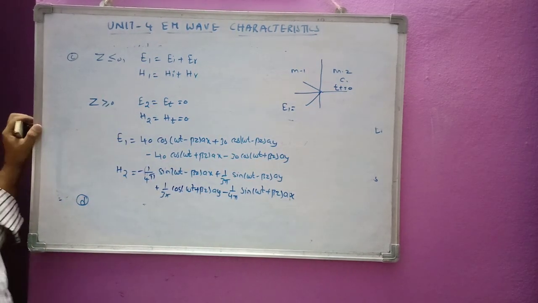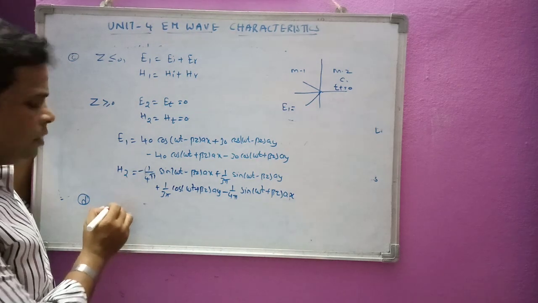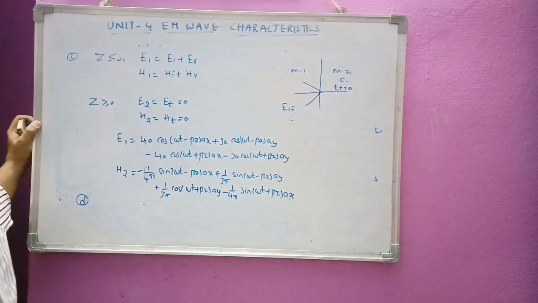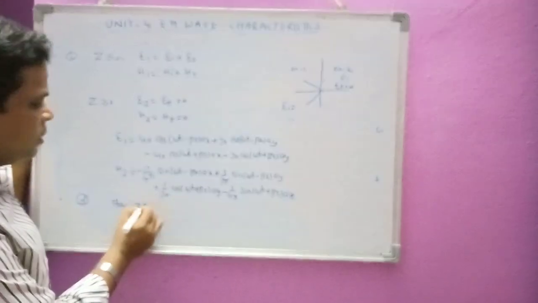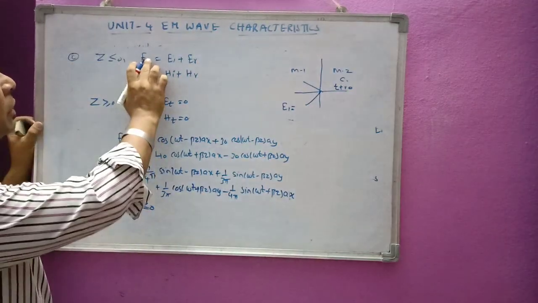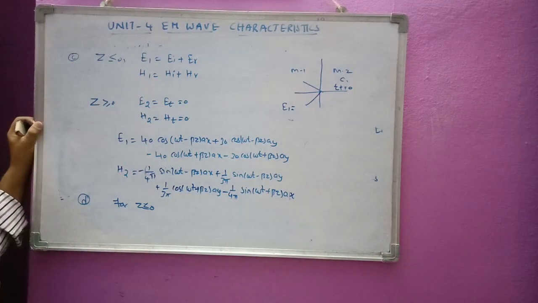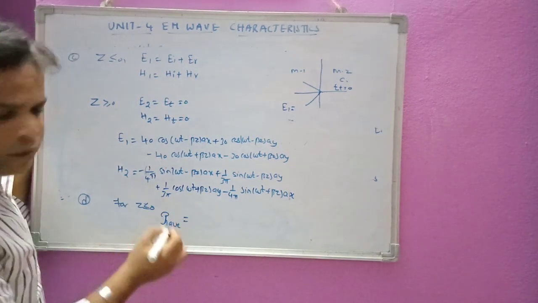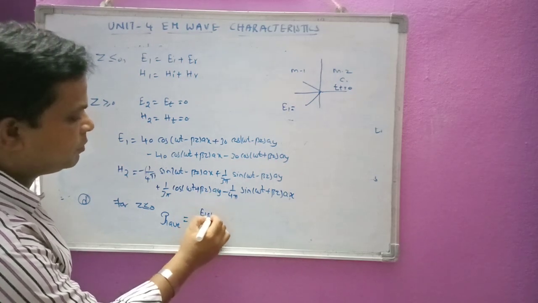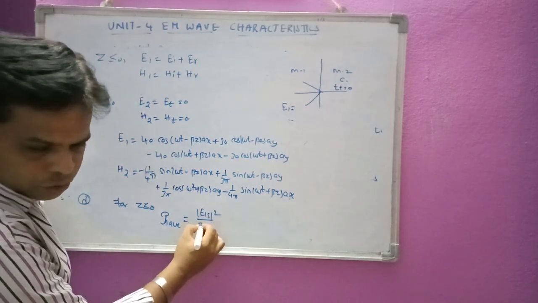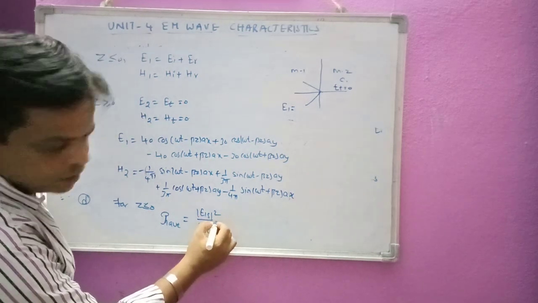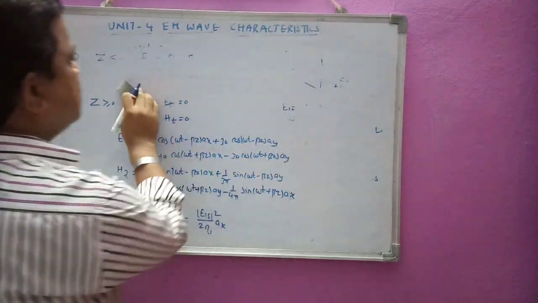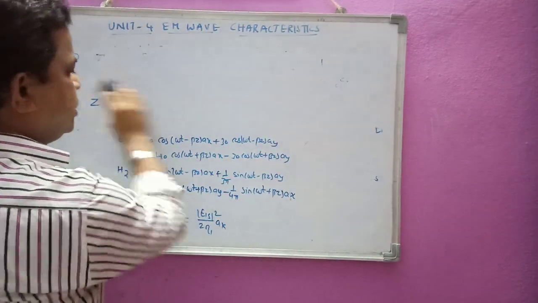Now we will move to the D question. He is asking that we have to find the Poynting vector for z less than 0 and z greater than 0. So for z less than 0, we have got E1 and H1. Now we have to take the formula here, P average. I will call it P1 average, because it is in medium 1. So I can write here as mod E1S squared by 2 eta 1 into AK. AK is the direction of the wave. And now I can write the magnitudes here for z less than 0.